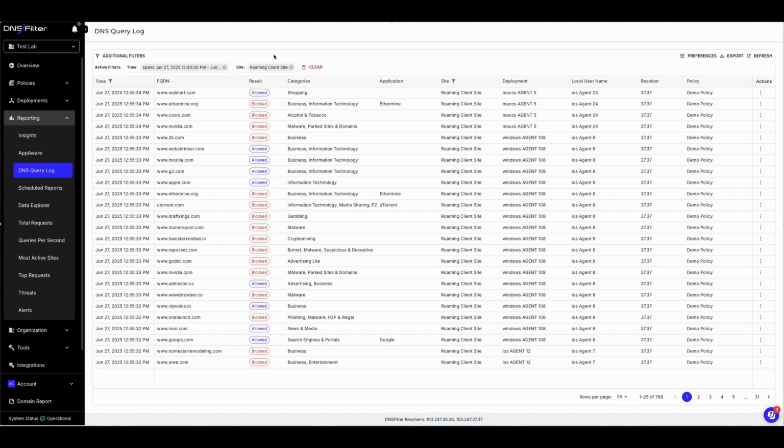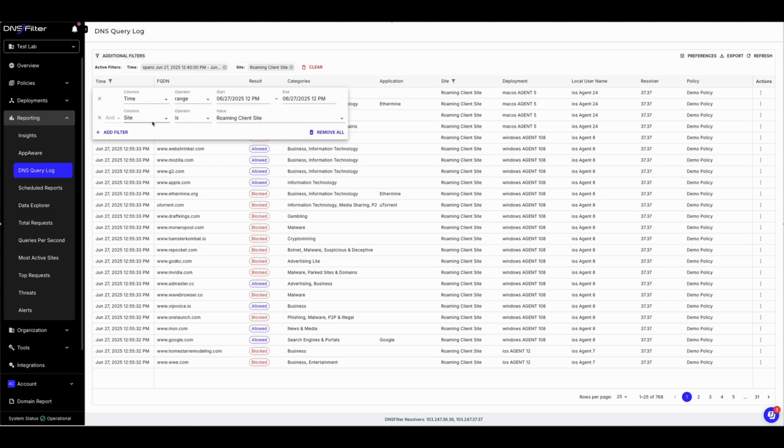If you'd like to get a bit more granular in what you're looking at, you do have the ability to specify a set of custom filters in order to narrow down the information that you're seeing. If we click up here in Additional Filters in the upper left, we'll see that we already have the date range of the last 15 minutes set as a filter, as well as a particular site or network that you have configured. If we click Add Filter, we'll start to add multiple lines for criteria that we can use to narrow our search scope by, such as a specific domain or hostname,